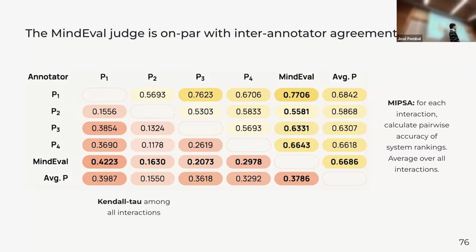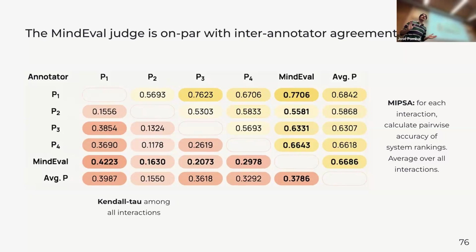These two metrics are quite similar, and the findings are the same, so let's just focus on this lower diagonal part of the matrix. I'm not going to go over each value, but the main point here is that the correlations that we can get with the MindEval judge are on the same level as humans get among themselves. This is to say that essentially our judge and a random human psychologist agree as often on interaction scores as psychologists do between each other.